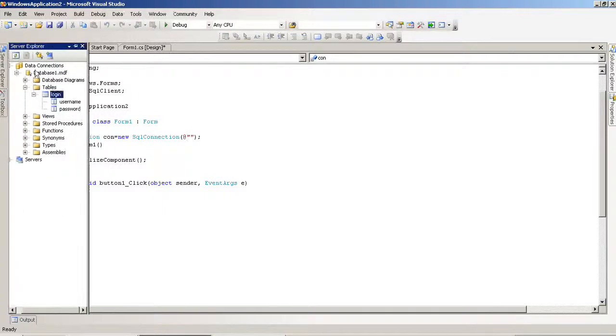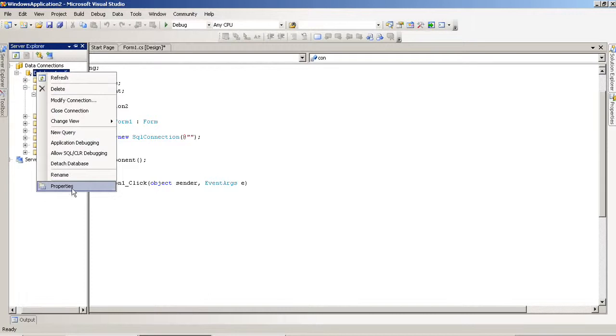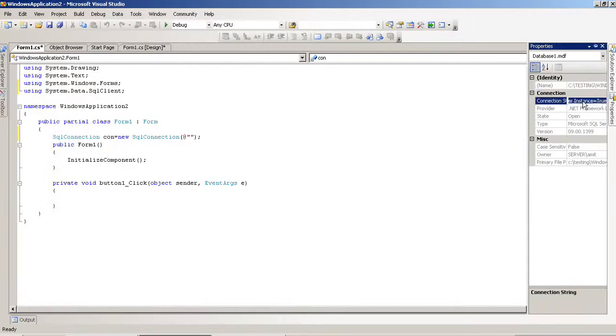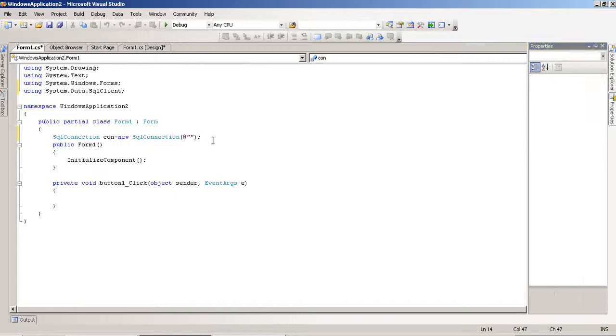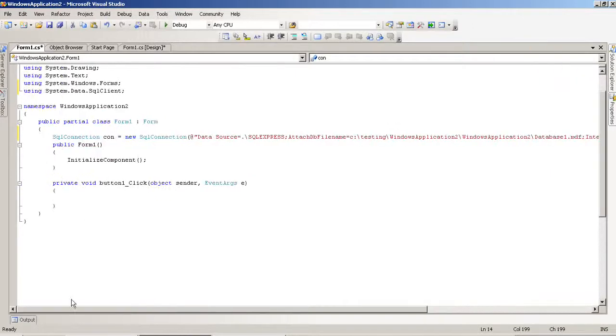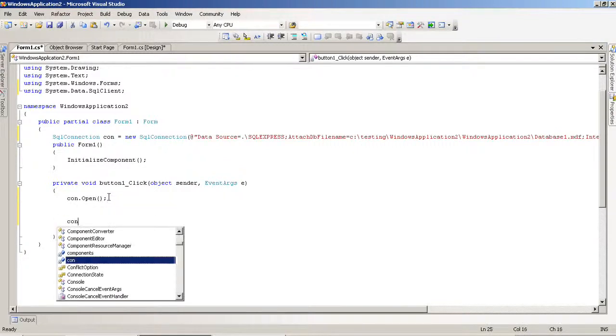To select the database path, you have to right click on the database, open properties, and select the connection string. I copy this string and paste it over here. Now here we have to start the database connectivity code.